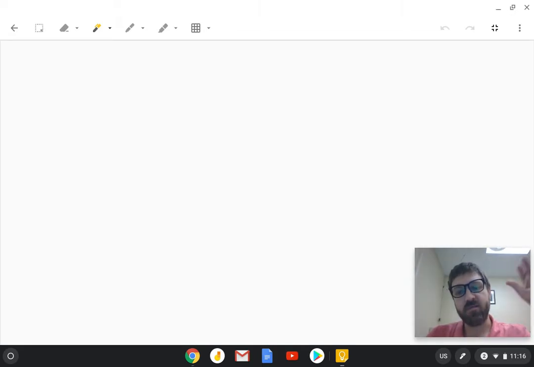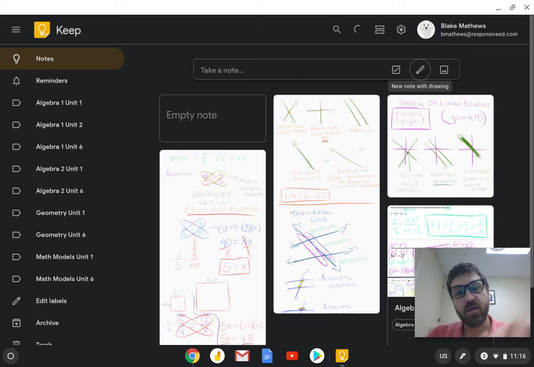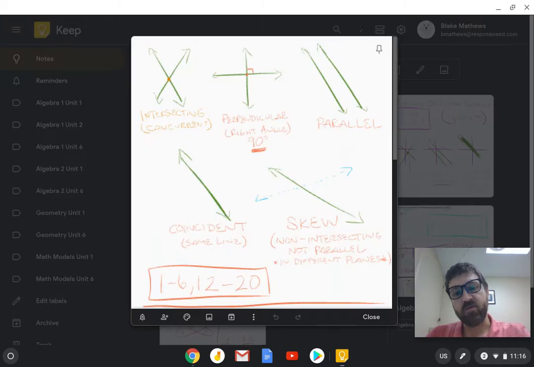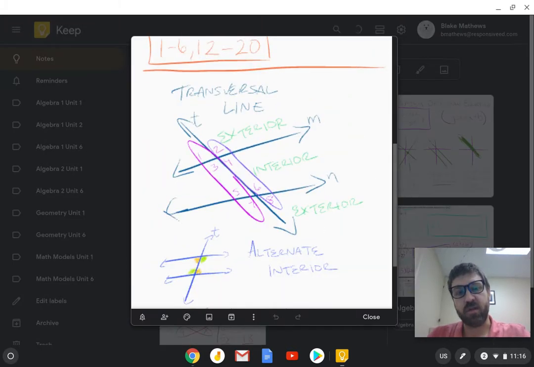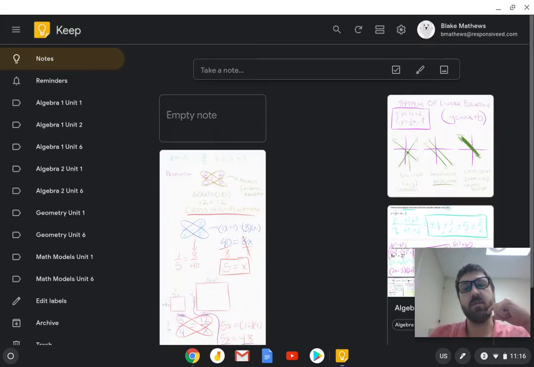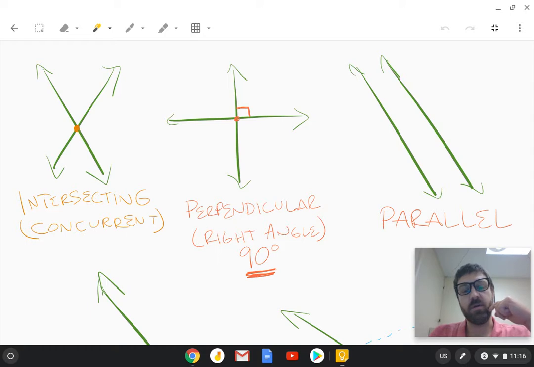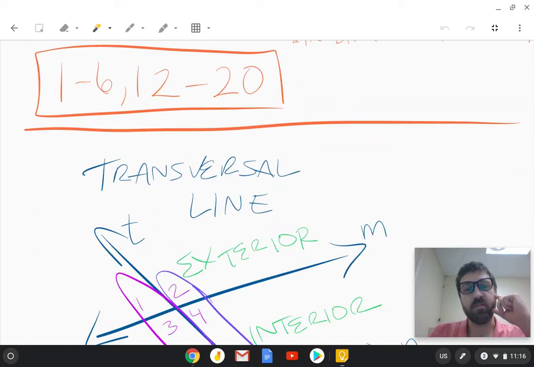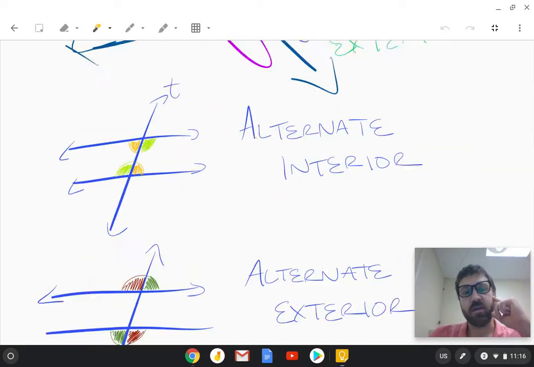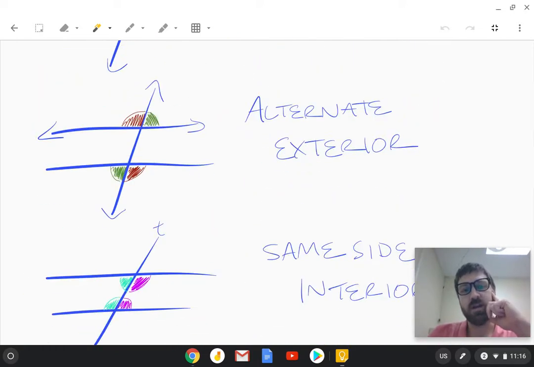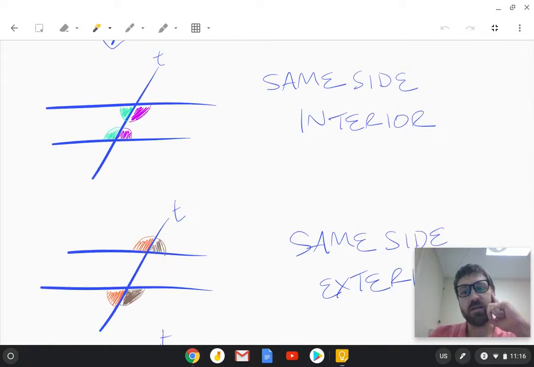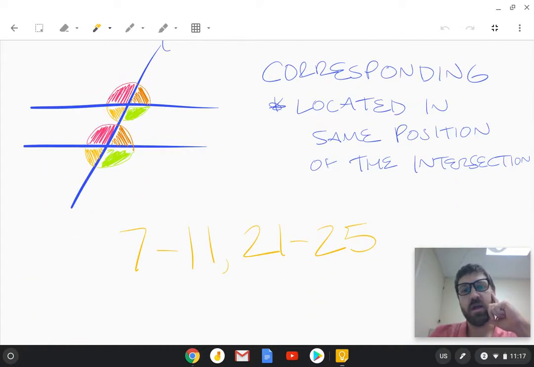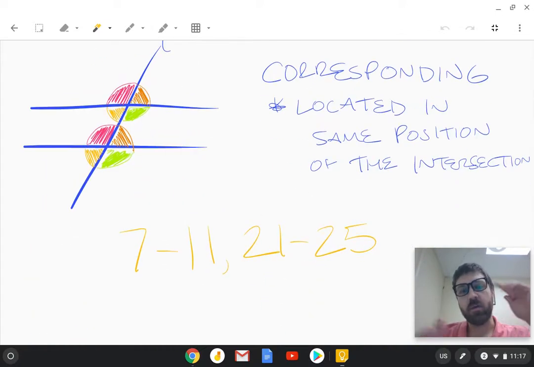We talked about these 5 different relationships between what we called transversal. If you remember, we had transversal line. And in that, we went over 5 different relationships. Not these first 5, but the ones down here under transversal lines. We talked about alternate interior, alternate exterior, same side interior, same side exterior, and corresponding. So really hope you have those down. It's really important that you're able to see where those are and identify them pretty quickly, because in this next